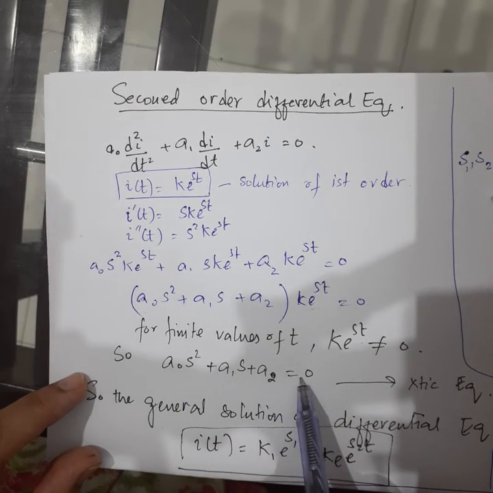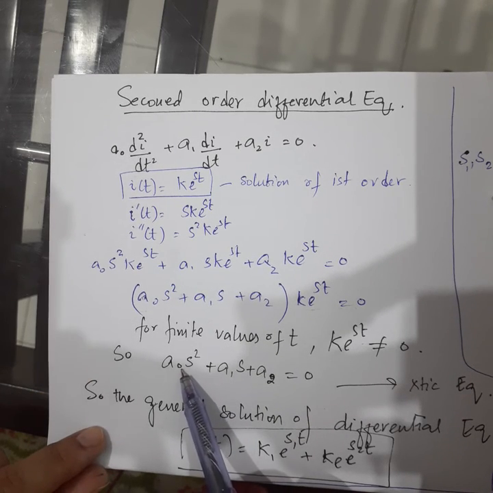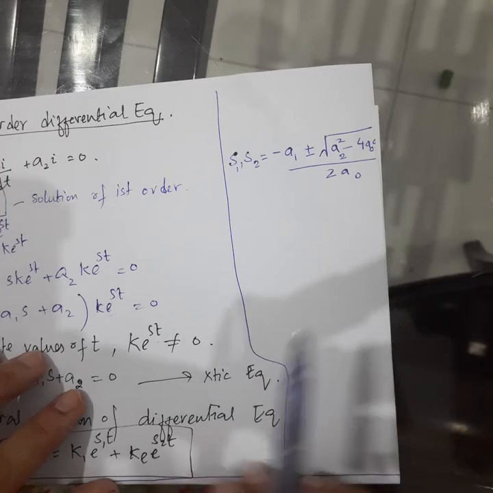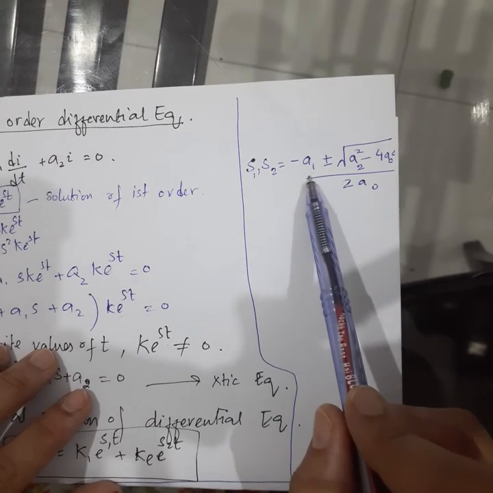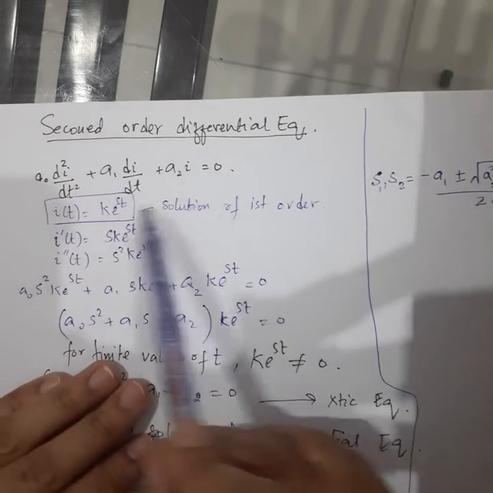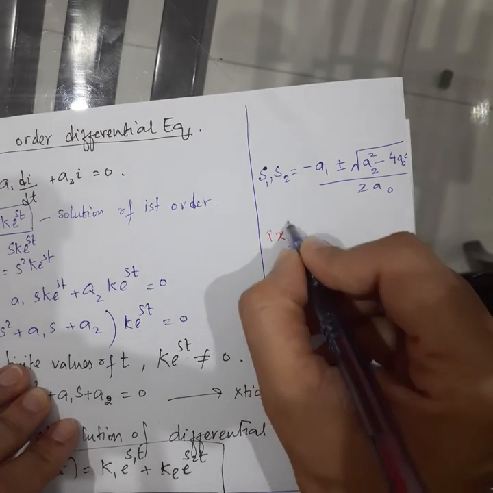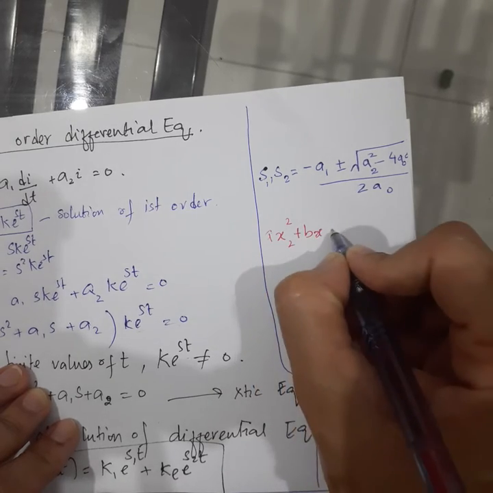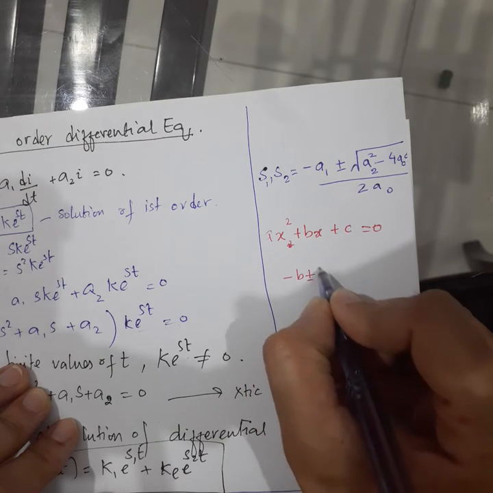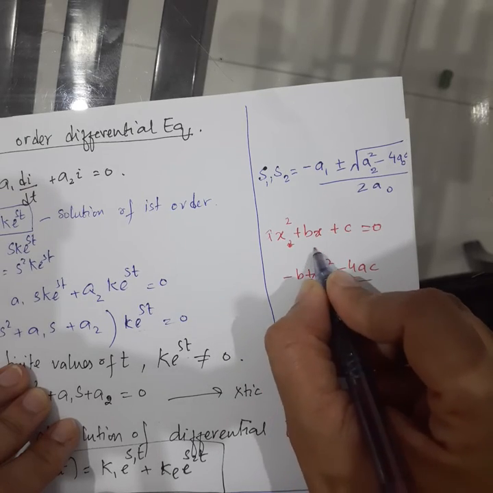This is a characteristic equation, and if we are quite familiar with this type of characteristic equation, it is basically a quadratic equation with some s square and these terms. And we already know that the solution of a quadratic equation is equal to this thing, where these are the coefficients, and we can simply write it as, if this equation is like ax square plus bx plus c, then we can write it as minus b plus minus under root b square minus 4ac over 2a, where this has an under root value.